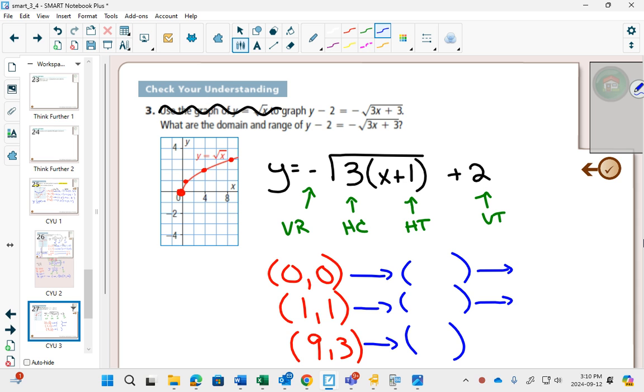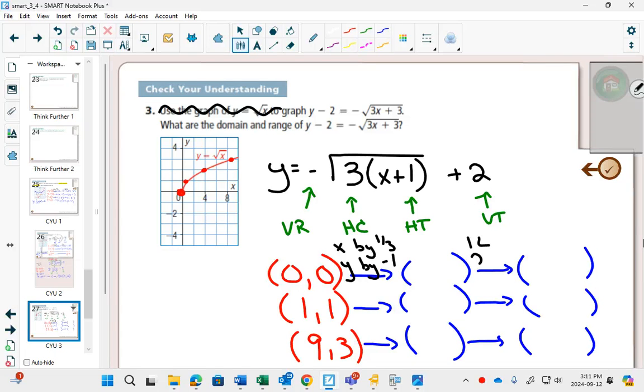But let's get ourselves set up. We do have stretches, and we do have translations, and we have reflections. So we always do reflections, compressions, stretches first. So above this, the horizontal compression means I'm going to multiply my x by 1/3. The reflection multiplies your y by -1. The horizontal translation is, now that it's in factored form, only 1 to the left, and the vertical translation is 2 up. As a result,